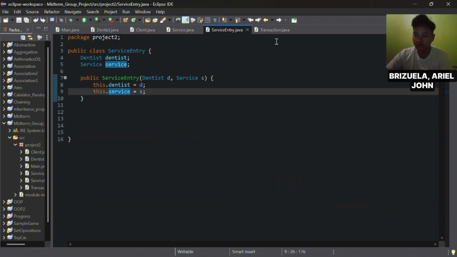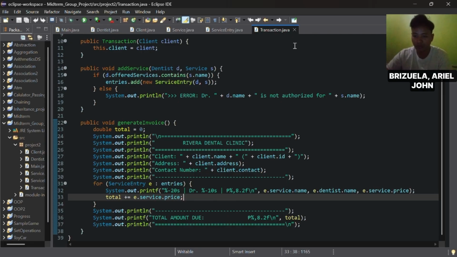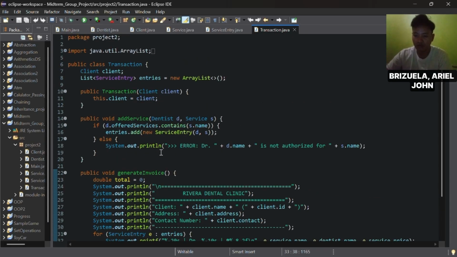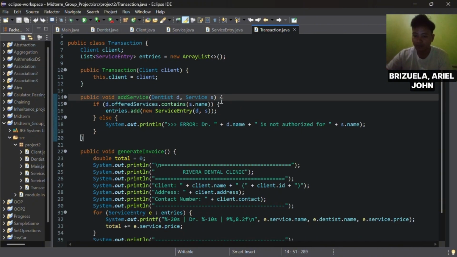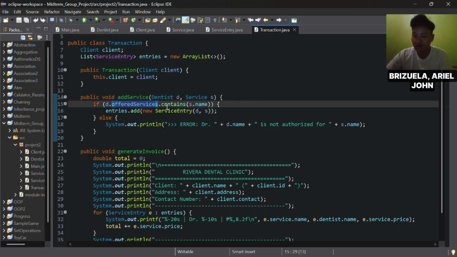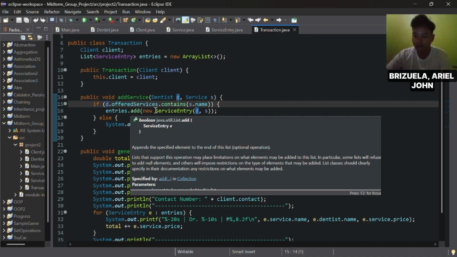So when we go to the transaction class, we will find the method for adding services with the parameter D and parameter service S. If this dentist's offered services contain that specific service, then it adds a new service entry.